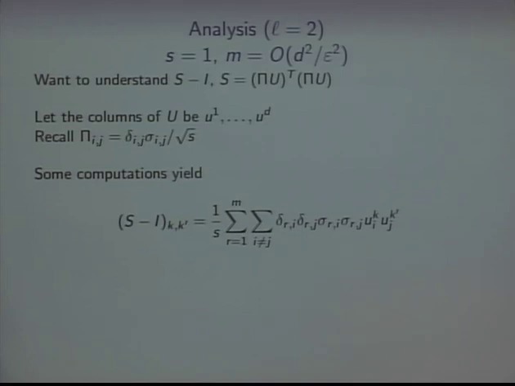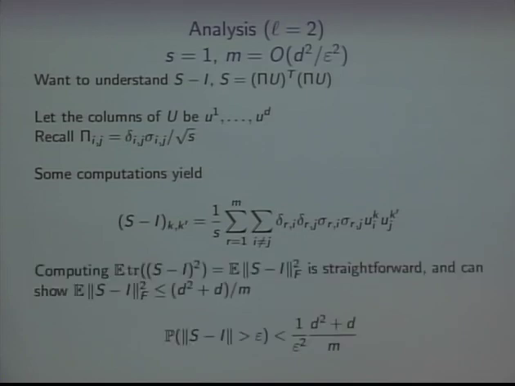Okay. And now, the trace of a square matrix squared, whenever you have a symmetric square matrix and you square it and take the trace, that's always equal to the Frobenius norm squared. So that now is just a computation, right? You know what the entries of the matrix are. You square them and you add them up, and you compute the expectation, and you get a bound. You get that it's at most that. You plug that into the Markov kind of inequality I showed you, and you set m to be d squared over epsilon squared to get this kind of thing. Okay. So that's how that goes.